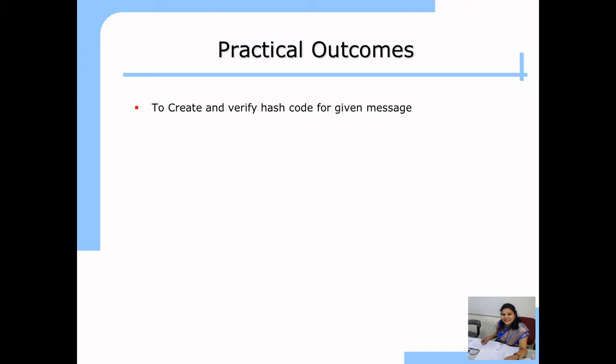So in this experiment we are going to calculate the hash of the message, and also we will change the message, meaning we will break the integrity of the message, and we will see how the hash value of the message changes, because two different messages cannot have the same value. So whenever your original message gets altered or changed, your hash value is automatically changed.